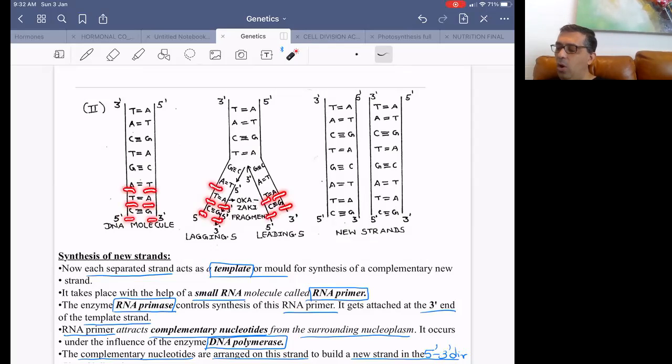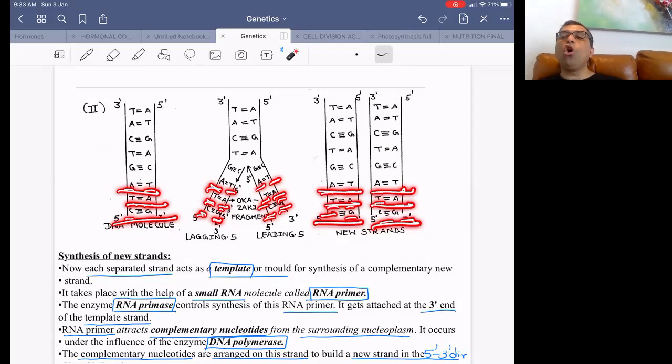AT, old A got new T, old T got new A. So what is our sequence now? This is CG, CG, CG, CG. This is TA, TA, TA, TA. This is AT, AT, AT. So what was mother? CG, TA, AT. What are daughters? CG, TA, AT. Beautiful. Because of the semi-conservative method, from one mother DNA, you get two daughter DNAs, each retaining